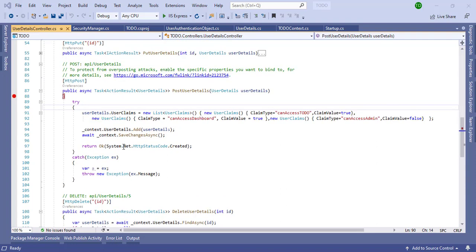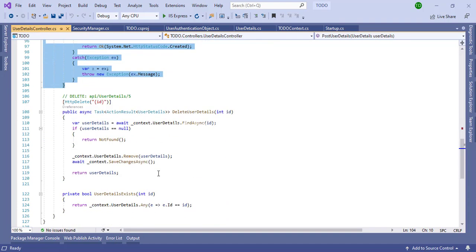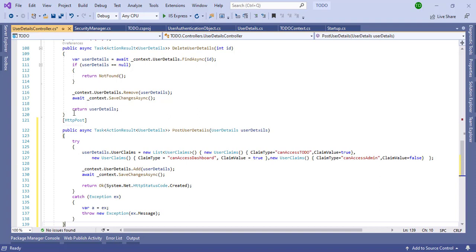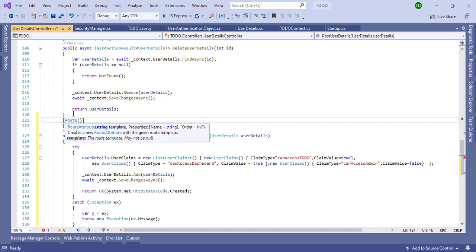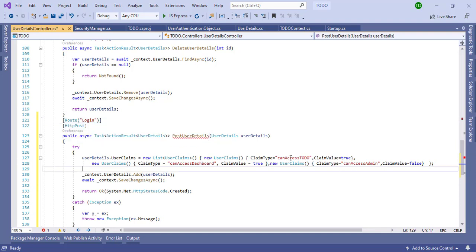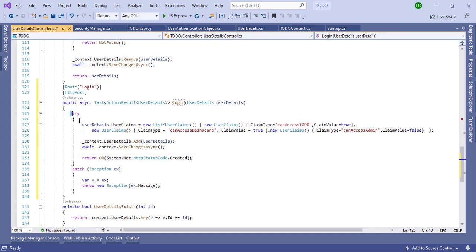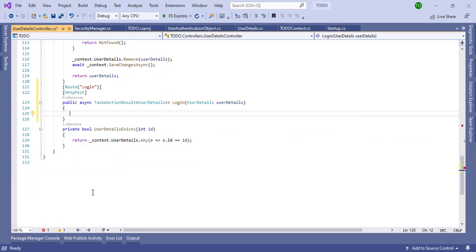So I can copy this post method here and scroll down, and here let's paste this, and let's change the route to login, and change the method name as well to login, and just remove all this code here.